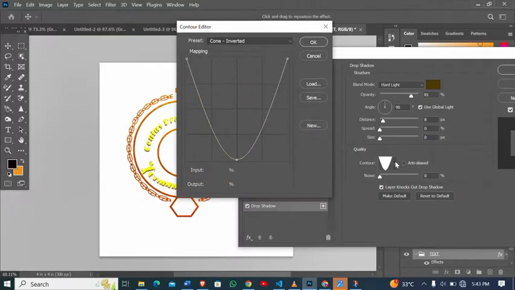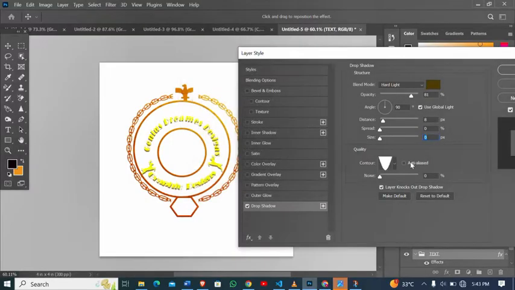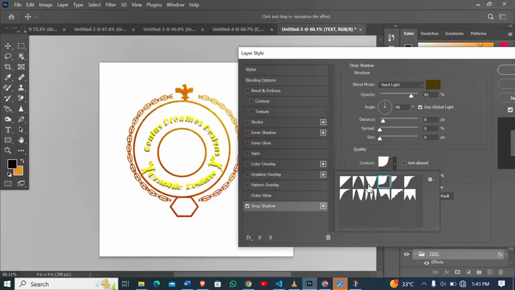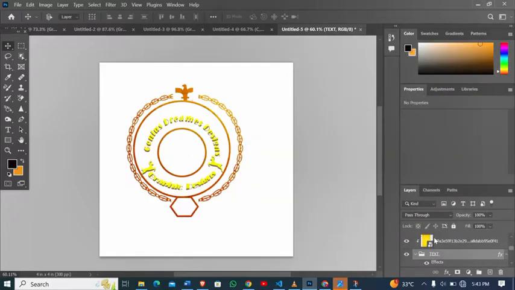Then let's set the contour. So now I think this one is okay for now. Let's click on OK, and then let's group all of the text together with the main